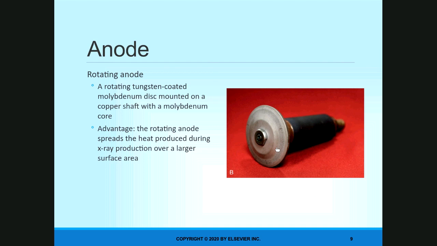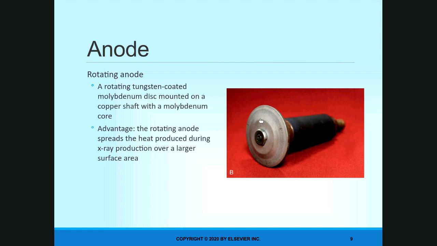But at the base, you have what's called molybdenum. You have a core material that's molybdenum, and that is number 42. So you take the molybdenum core and then you coat it with tungsten and a little bit of rhenium on there. Okay, so it's about, if I remember correctly, it is